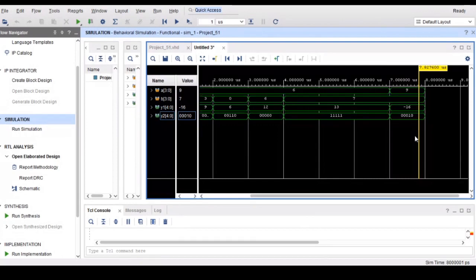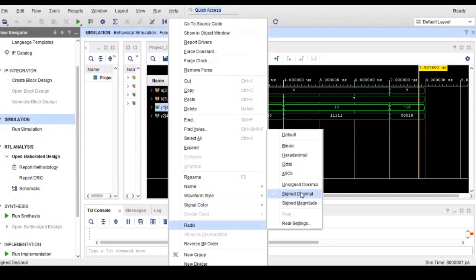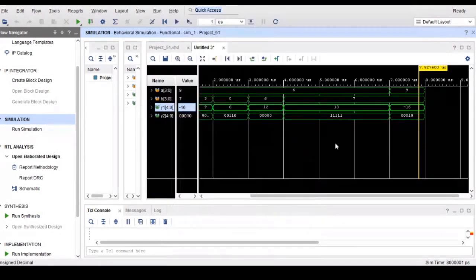Sir, I'm getting the answer, but in y1 only the a minus b result is coming. That means your program is written in such a way, you go and see there.